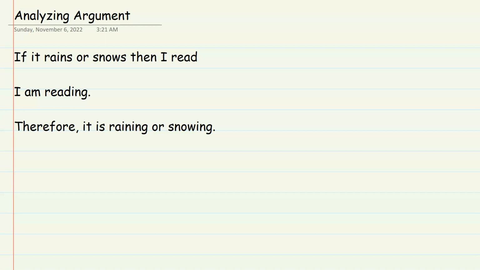It said if it rains or snows, so I would say it rains being P, it is snowing being Q, then I read being R. Okay, so to translate this, it said if it rains or snows, then I will read. So that's P or Q, then R. Okay, I am reading, R,